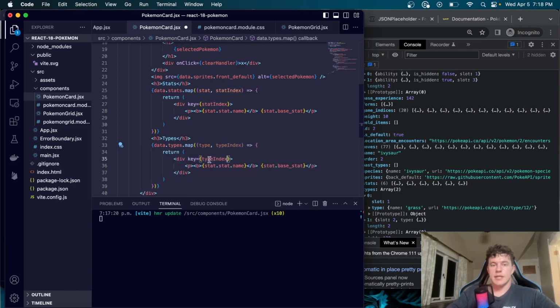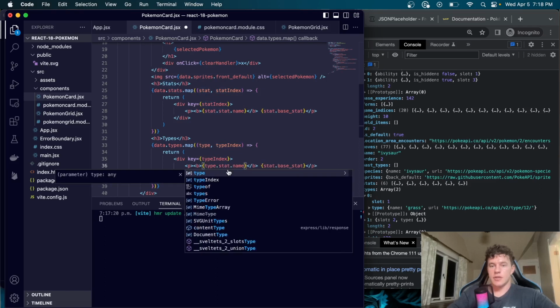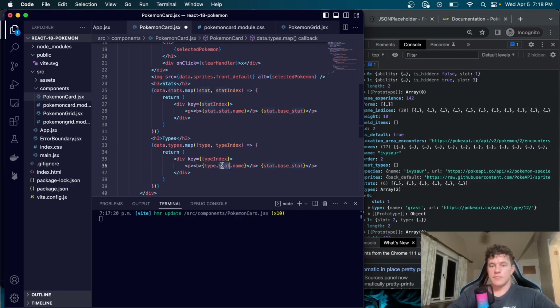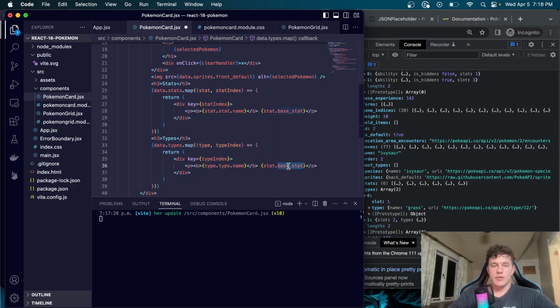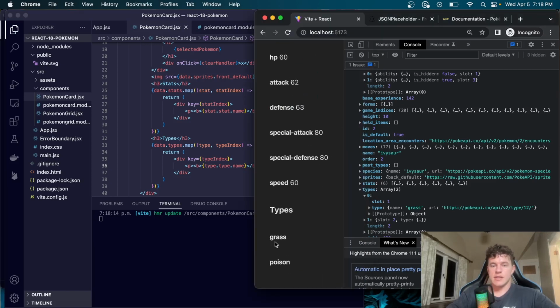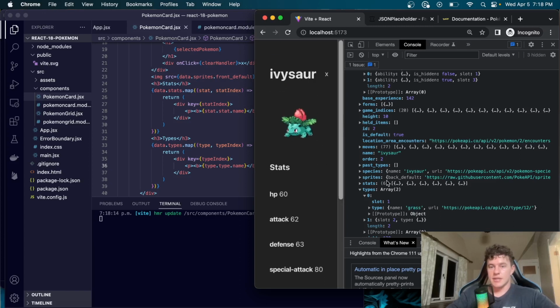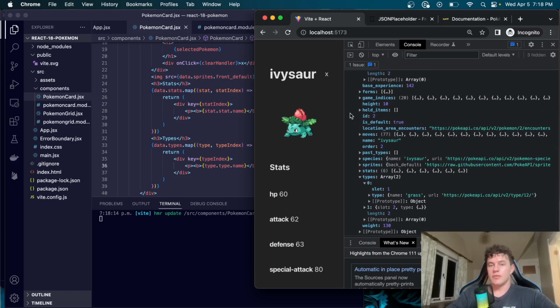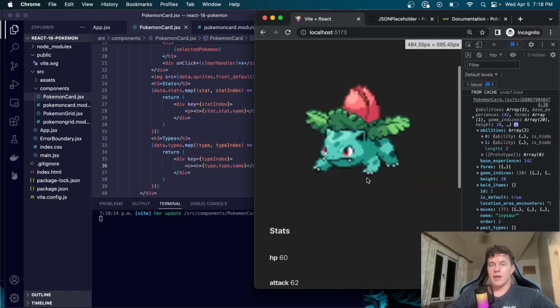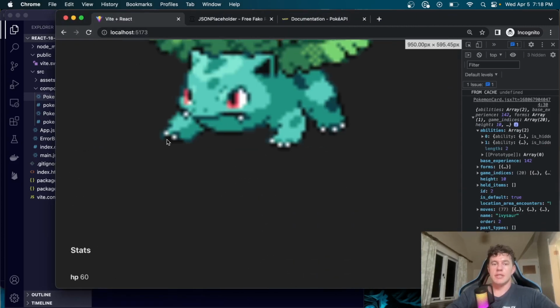Swap out this index, and in here we can say type.name, and we don't actually need a value for that. Let's see if that worked. So there we have the stats, and then we have the types. So that is super neat and tidy. Obviously you could display more information if you wanted to, but we're just making a very simple application to demonstrate the capabilities of this